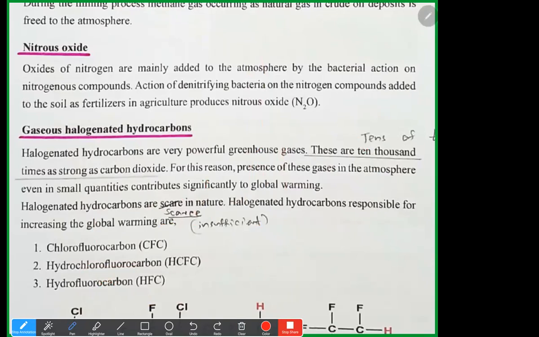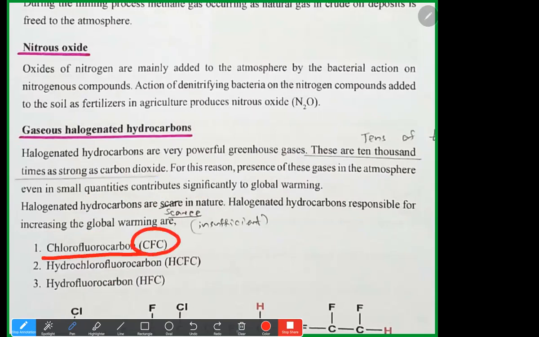Okay. Greenhouse gases: gaseous halogenated hydrocarbons. Halogenated hydrocarbons are very powerful greenhouse gases. These are tens of thousands of times as strong as carbon dioxide. For this reason, the presence of these gases in the atmosphere, even in small quantities, contributes significantly to global warming. Halogenated hydrocarbons are scarce in nature. The halogenated hydrocarbons responsible for increasing global warming are